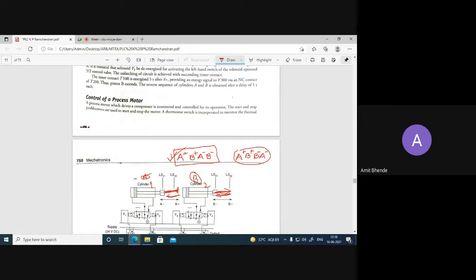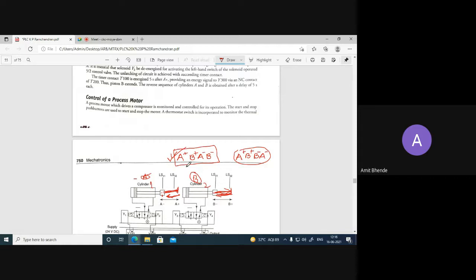And when cylinder B finishes the extension motion, after that only the retraction of cylinder A should start, and once cylinder A reaches its destination, then only the retraction of B should start. So this is quite a complex problem.